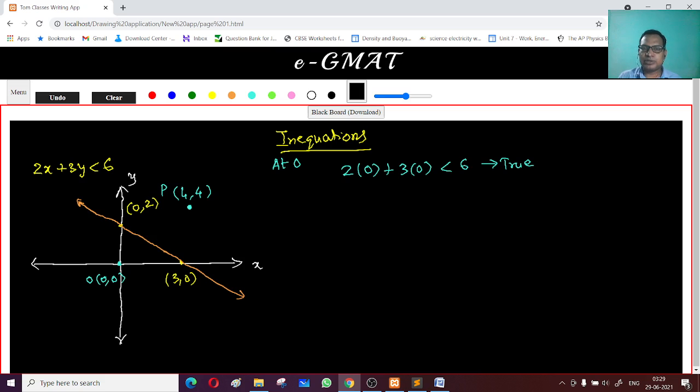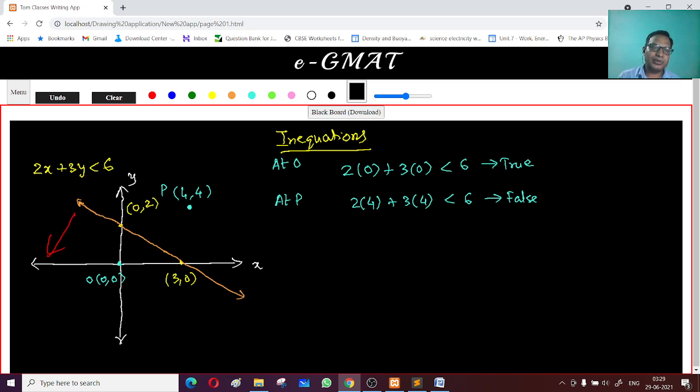Now if I try to put this one at P, let me check this. So 2 into 4 plus 3 into 4, is it less than 6? It is false, right? No. So this particular point does not lie in our solution space, right? And in fact if you see any point on this side,